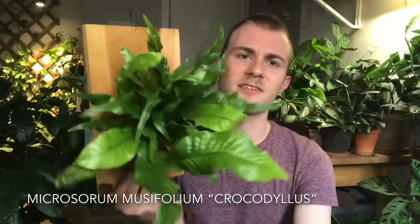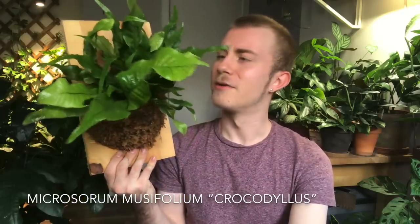And then I have another type of fern. I think this is a Microsorum or something along those lines. This is a crocodile fern. I really love the look of these leaves. It looks like crocodile skin, which is why it's called a crocodile fern. I forget the exact scientific name of this plant, but I know that its cultivar is 'Crocodyllus' for it being a crocodile fern. So I have this one once again mounted on a piece of wood